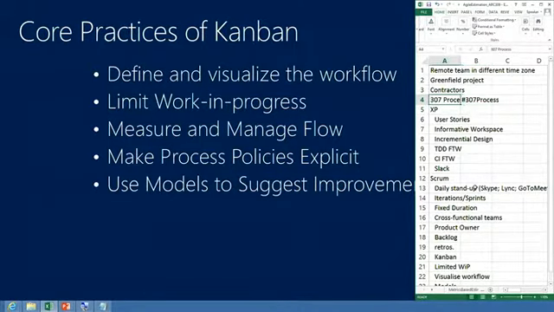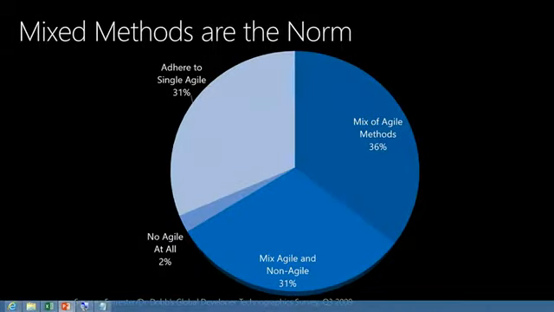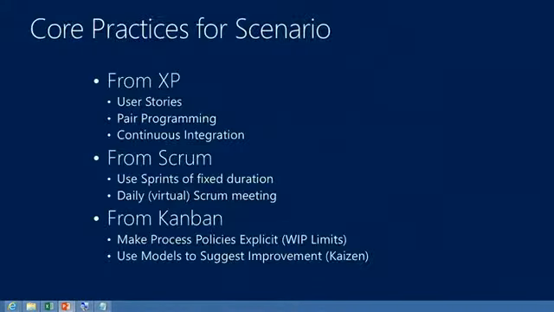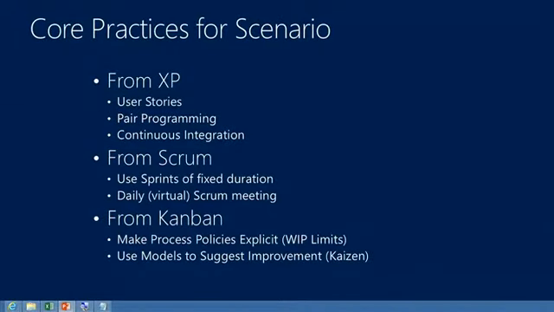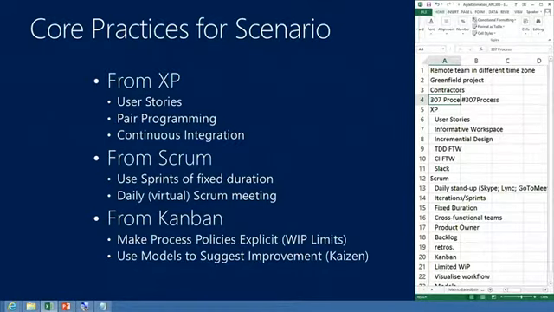So let's go back to the slides. And, oh yeah, that's right. One more, two more. It's okay. So this was our scenario. Yeah. That was our scenario. So let's look at what John and I hacked together over Skype, right? So if you look, we were pretty close, but we didn't actually go as deep. So one of the things we said is, from XP, we're going to go with user stories. Yep. You guys said user stories. We suggested pair programming, but we're hardcore geeks, so maybe we're just showing our gray hair. And I suggested CI because I'm a huge believer in it. I think if you're not doing CI, you're really missing out. So we got 2 out of 3 from what they suggested.